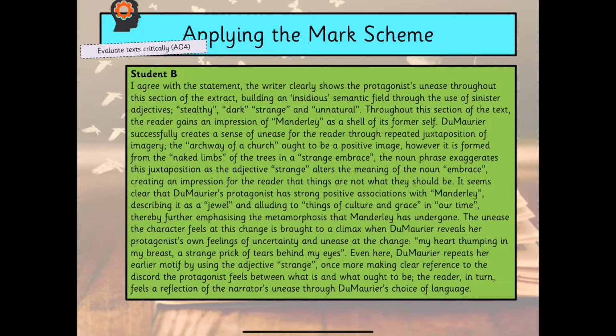Even here, Du Maurier repeats her earlier motif by using the adjective strange, once more making clear reference to the discord the protagonist feels between what is and what ought to be. The reader, in turn, feels a reflection of the narrator's unease through Du Maurier's choice of language. It's a little bit like our examples for question 2 and 3, that the highest scoring answer is really very